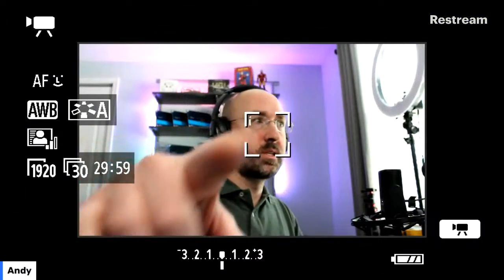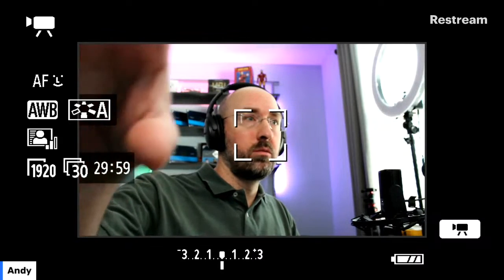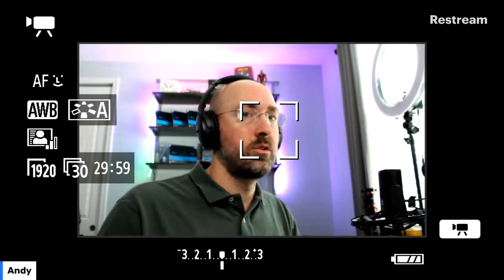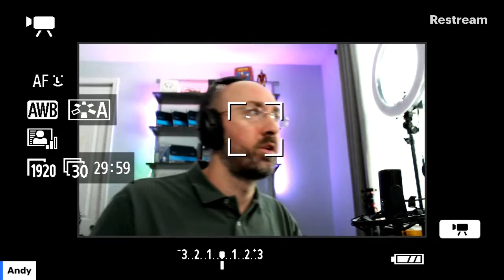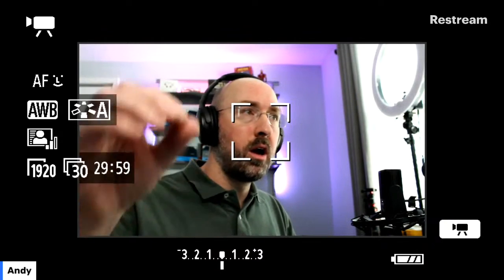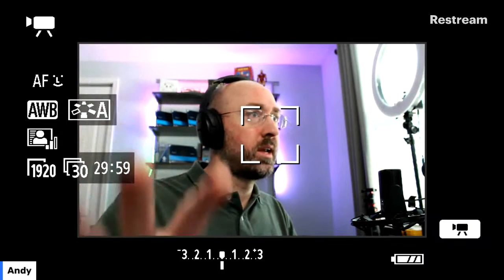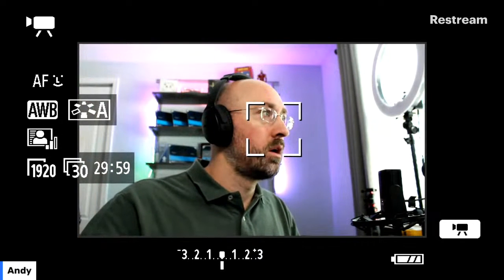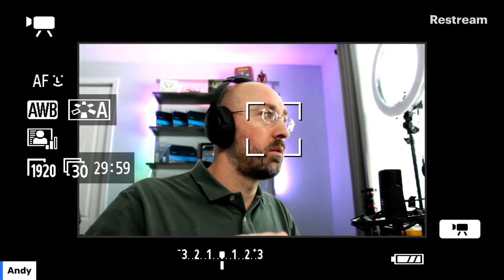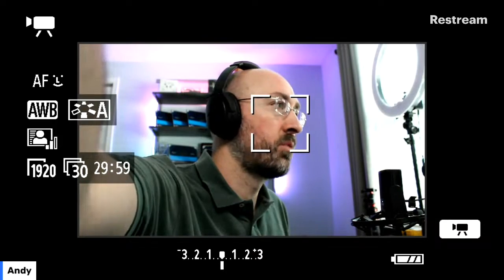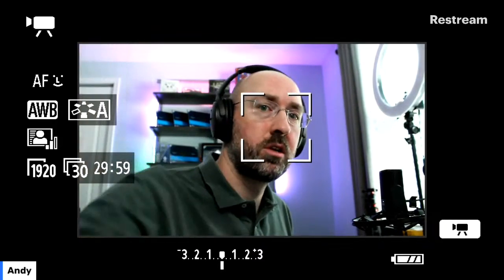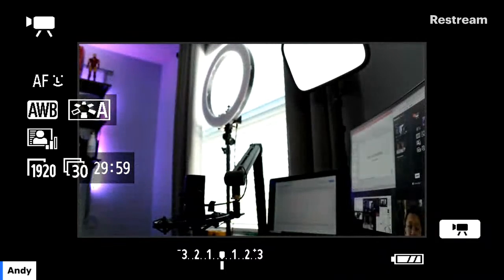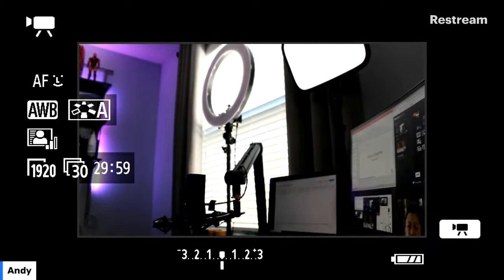So this is my Canon camera, and you see this is not a clean HDMI. You see it's doing the facial tracking, like the focus. You see the menus that are on there. Some cameras do not do a clean HDMI out. So depending on the type of camera that you're working with, this is what you might actually see. Now, in some cases, there's a display option, and you can change the display option. Let me try this. All right. So in some situations, you can change it, and you can get a clean feed.